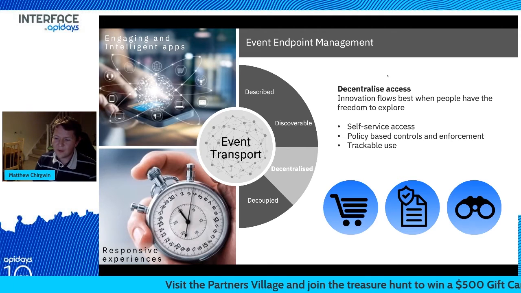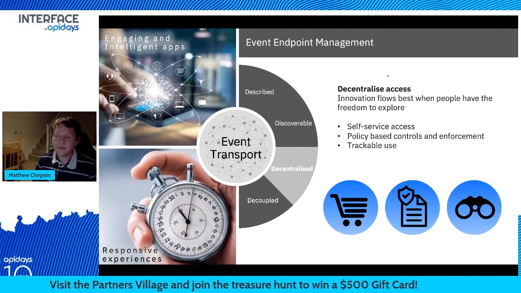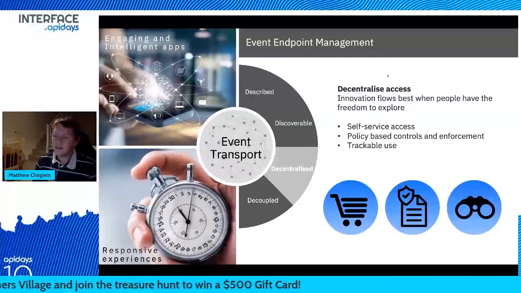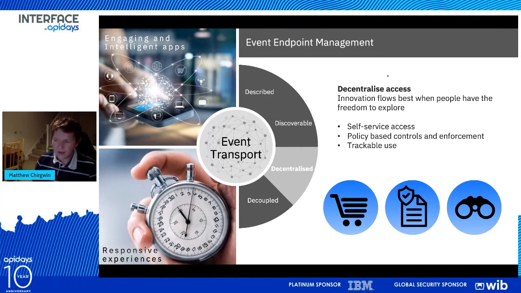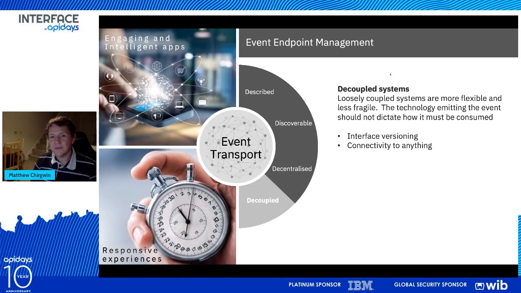And of course, with the event gateway being there as that point of enforcement, you're then able to understand which users are making use of APIs, track their use, interact with them, and even maintain and manage access to your actual real backend system. All of these elements combine to provide that decoupled system that, by definition, is more flexible and therefore less fragile. Not only that, you get the ability to perform interface versioning, so you can start to manage your life cycle and understand who's using, for example, which schemas and so on and so forth.